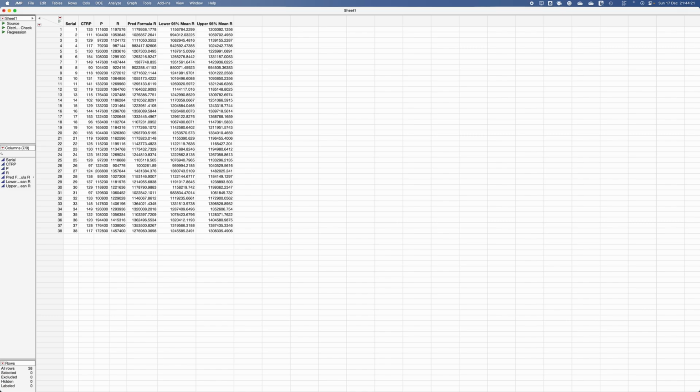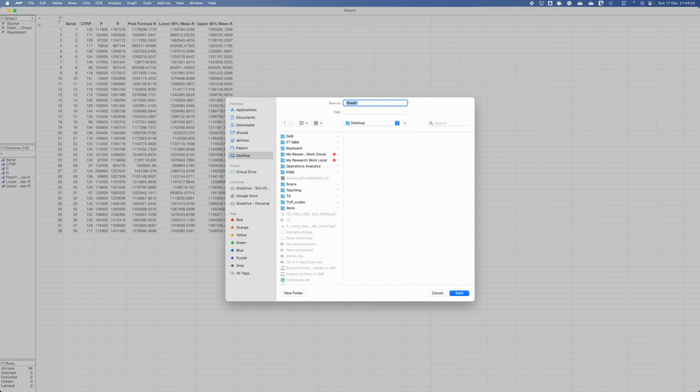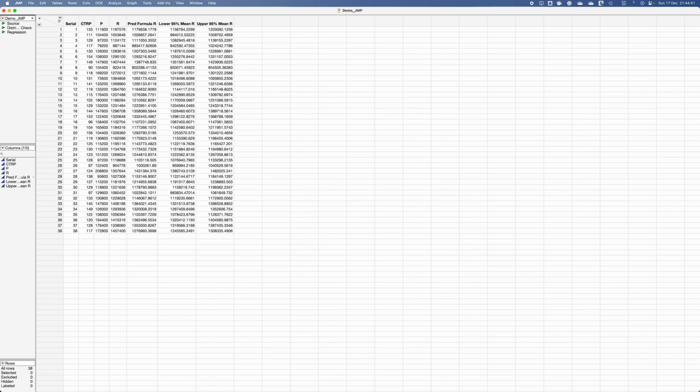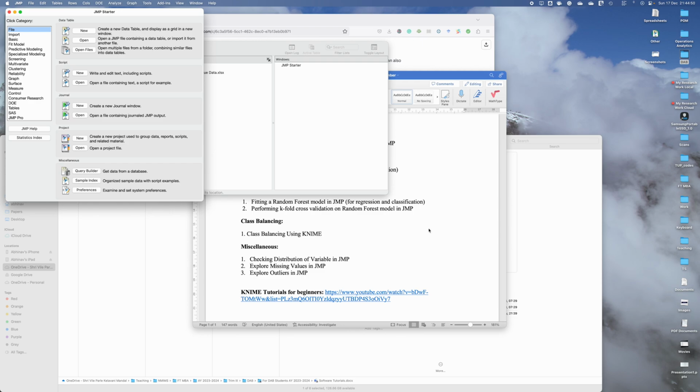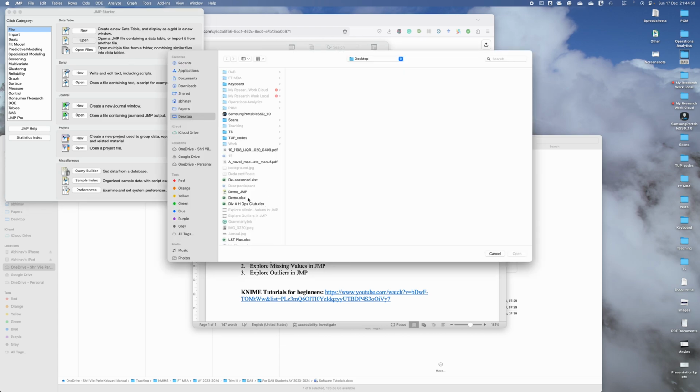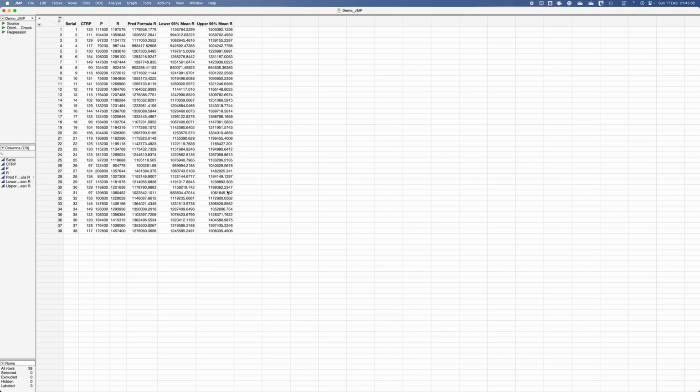What we can do is store this sheet, because this data was in Excel, it was not in JMP. Even if I close it, let's say I save this particular sheet on my desktop, and I name it demo JMP. Okay, I have stored it, and even if I close it, I can run it again. If you click on Open, and on the desktop go to demo JMP here,